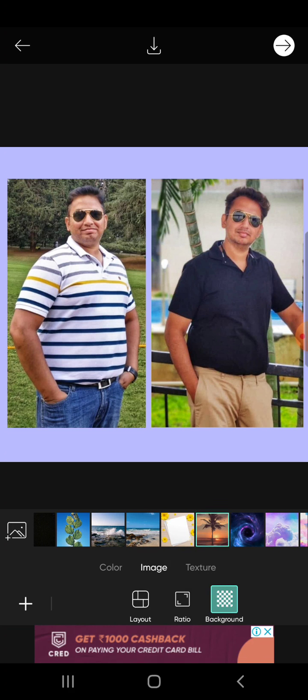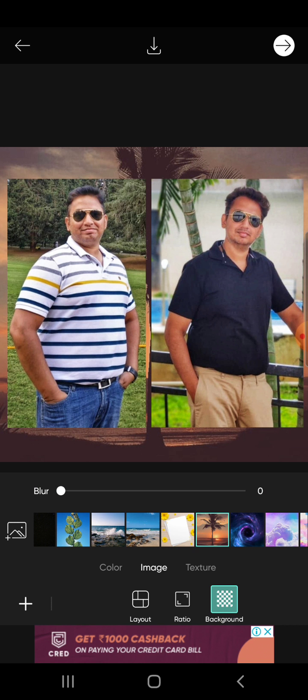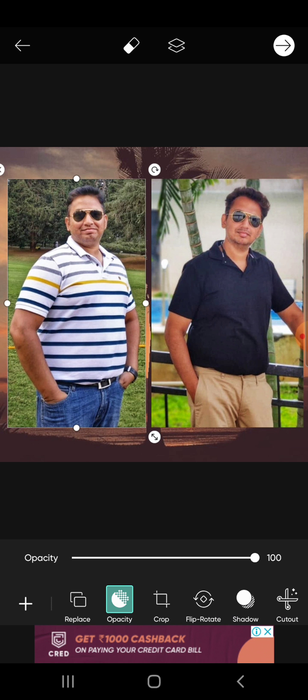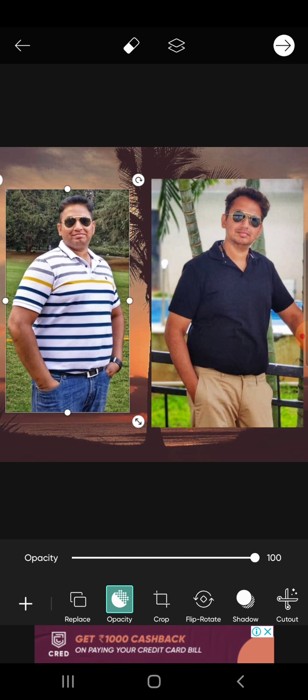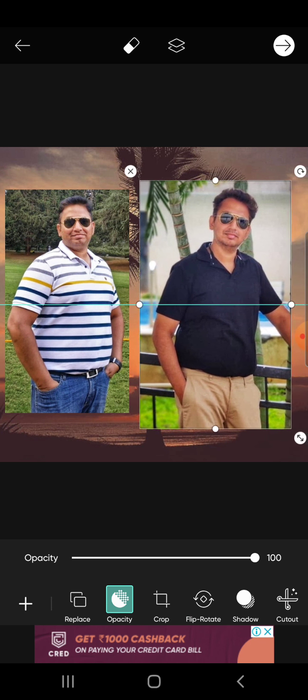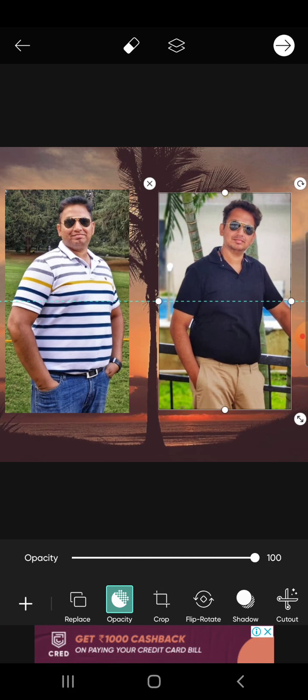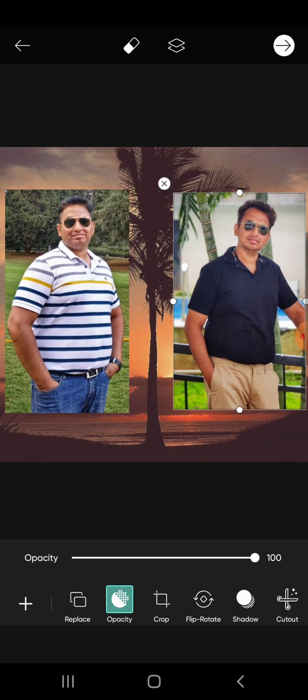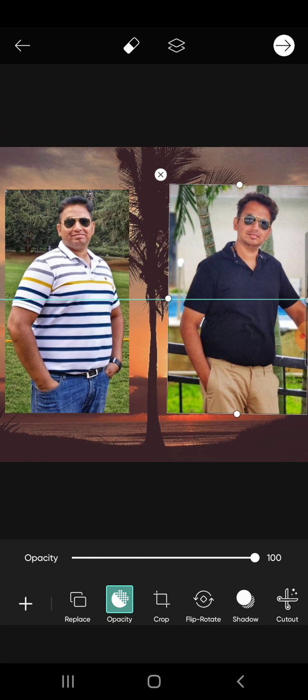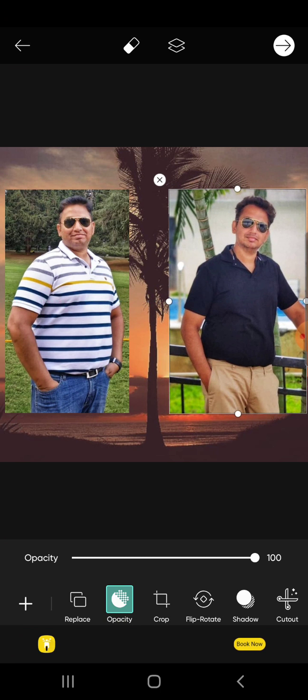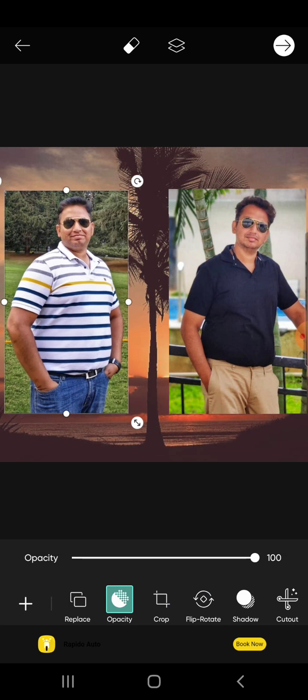So normally I select any one background, any such background. So this I will try to further minimize because I need to also insert the content in between later on. Okay, perfect.